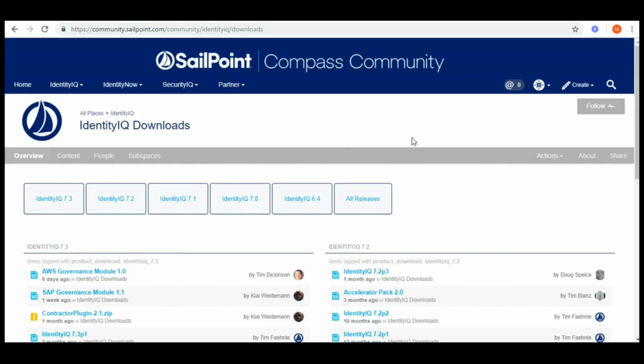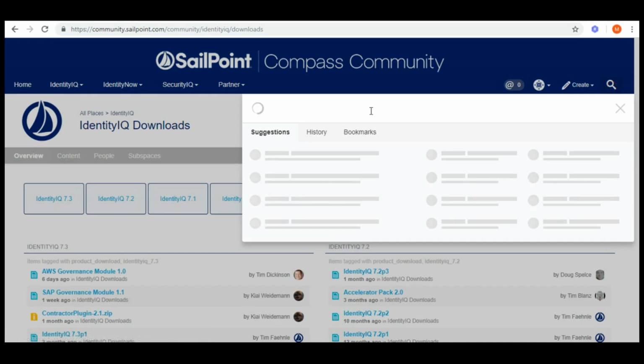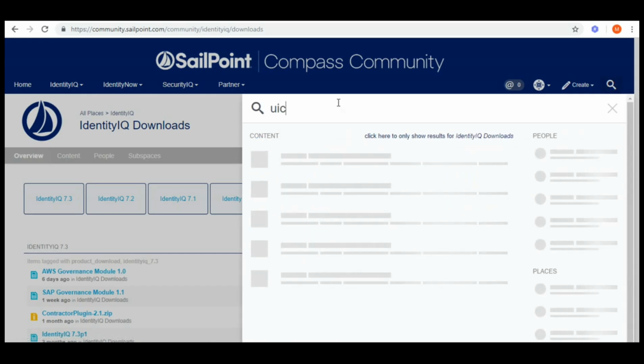So this is how Compass looks like, and to log into this you have to have the right credentials of Compass, which you can get from your partner company, or if you have a project from your client, then probably you can request credentials of Compass community. For the UI config thing, I just went to search and searched for UI config over here,